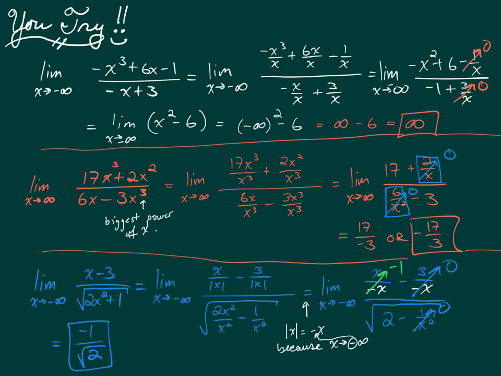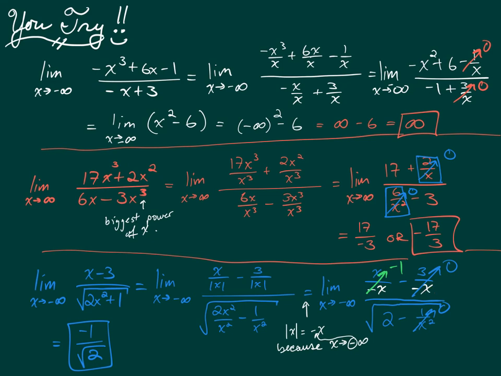That is because from the very beginning, when you divide the inside of the radical by x squared, the square root of x squared is actually the same thing as the absolute value of x. So we divide the inside by x squared and the top terms by absolute value of x. And the absolute value of x equals negative x because x is approaching negative infinity. That being the case, we divide the top by negative